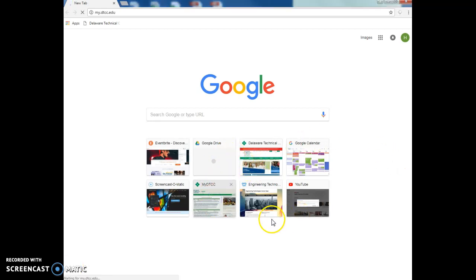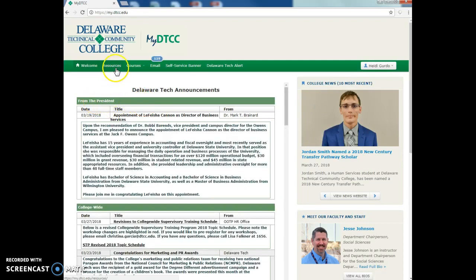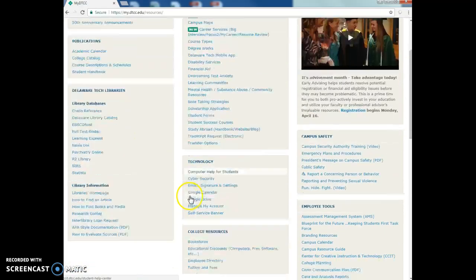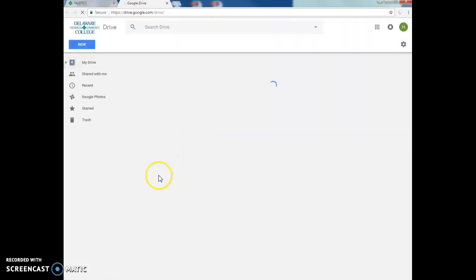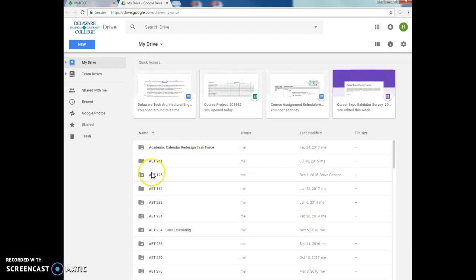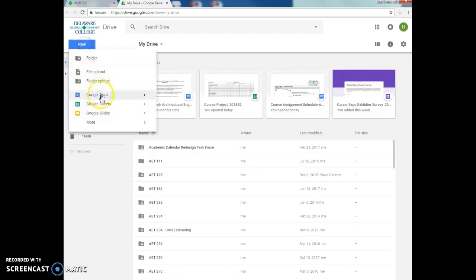If you go to mydtcc.edu and go to your Resources tab, you'll see a link right here to your Google Drive. If you click on that, it opens up your Delaware Tech Google Drive. We're going to create a new Google Sheet,